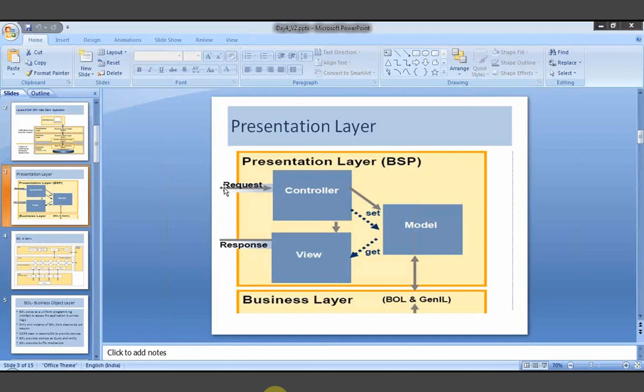When I click on search, I have done an action. Like clicking a button is an action performed by the end user, Devinder. So what happened? An event has happened. What event? The search button has been clicked.